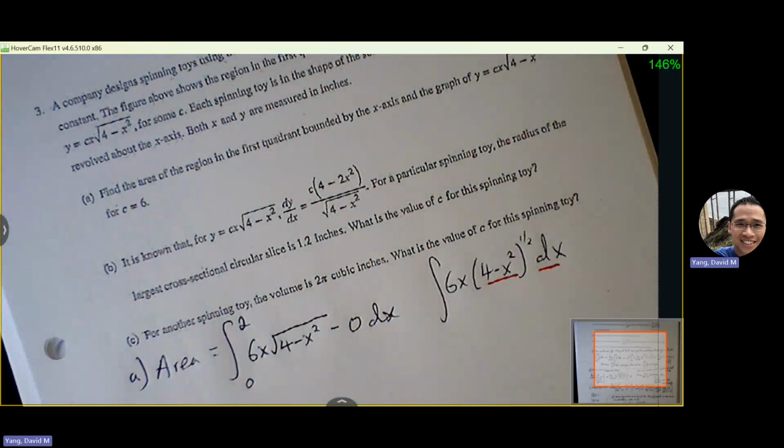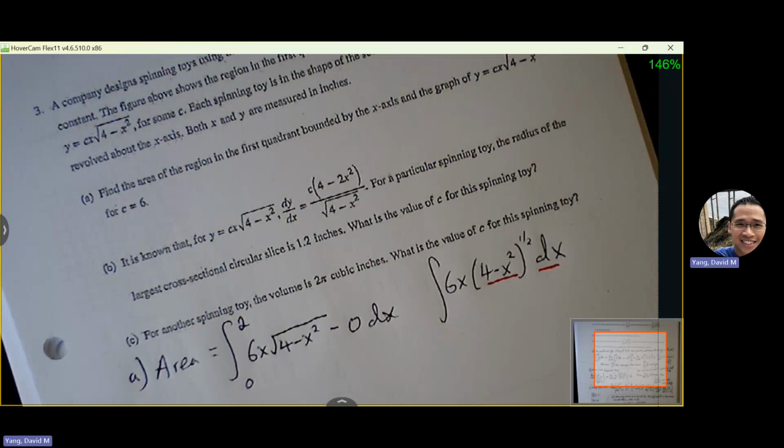Part C is where we're actually taking this shaded region and rotating it about the x-axis. So we know it's going to end up being this method because there's no gap. And we're just going through our process of going through this method. The only wrinkle in this problem is we have to keep track of that c. It's back to being a c constant. So we'll just treat c like a number and go through our power rule process, treating c as a number.